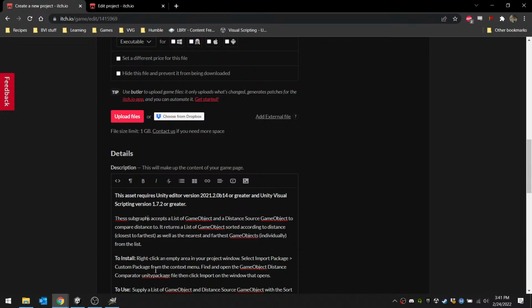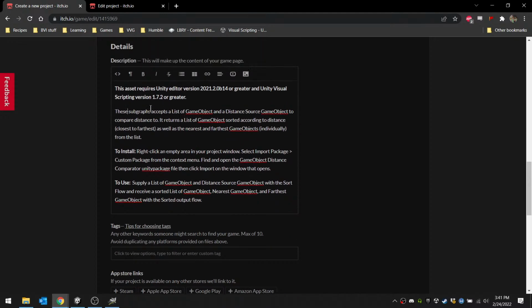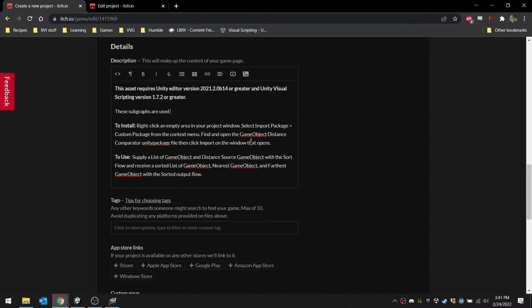Subgraphs. Graphs are used to produce, to pick, to choose, to return, are used to